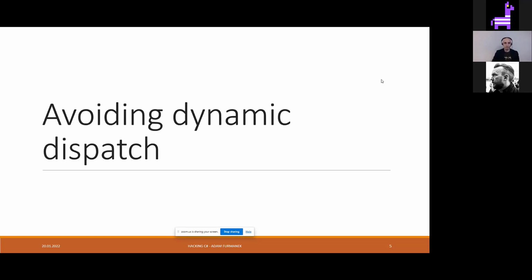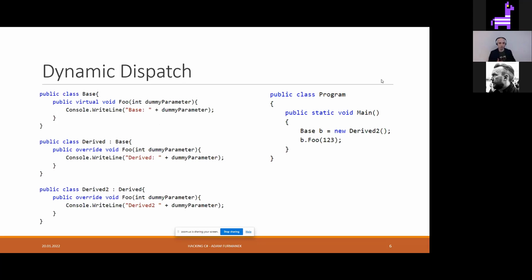So let's begin. The first thing we will see is how to avoid dynamic dispatch, just to get a quick warm-up before we do some more low-level-ish thingies. Dynamic dispatch, the pillar of object-oriented programming, is that whenever you have a base class and some other classes inheriting from the base class, and then you create the